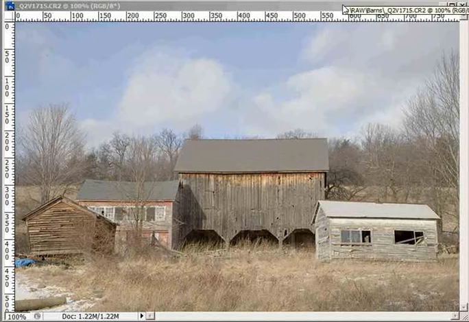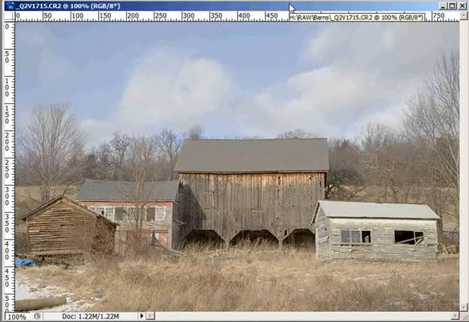Hey, in today's tutorial we're going to take this image, which is very washed out and lifeless, and we're going to bring some life into it. The first thing I notice about this image is that the contrast and the saturation is a little low on both ends. So the first thing I'm going to do is increase the saturation on this image by holding down